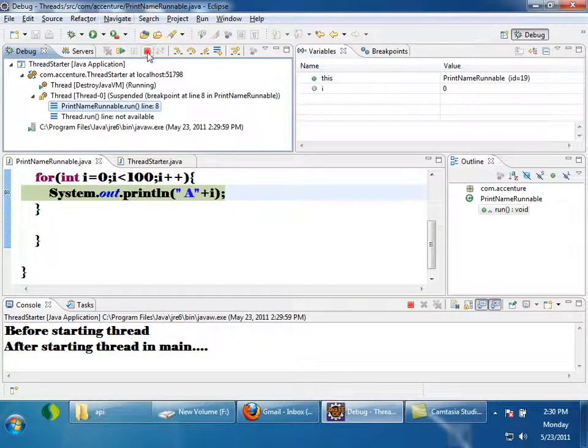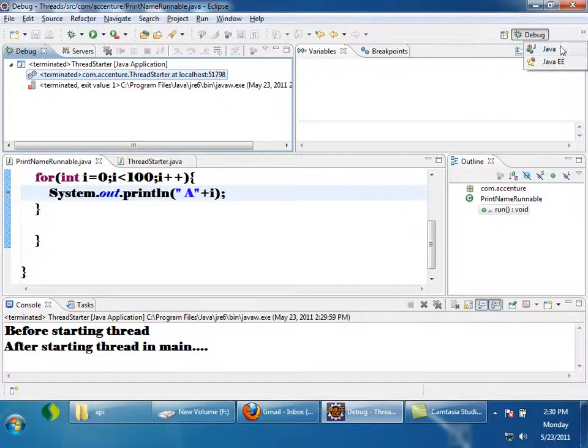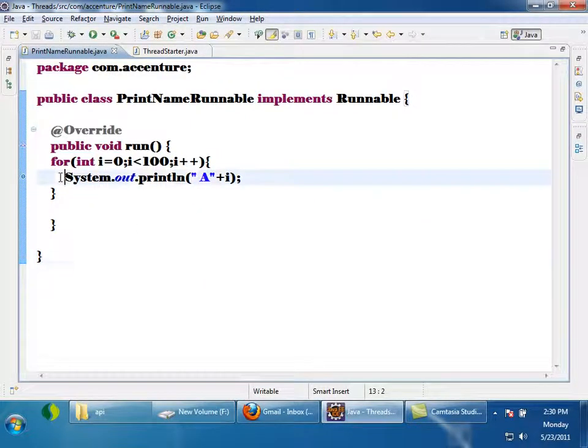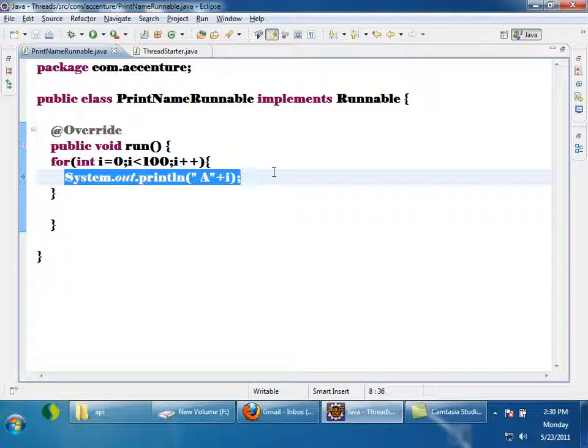Okay, now once you understand this, this code is executed by some thread which will have some name, right? Can you tell which thread will be executing this? Thread-0 or Thread-1 or Thread-2? Some thread will be executing it, but we can't say exactly which thread, right?